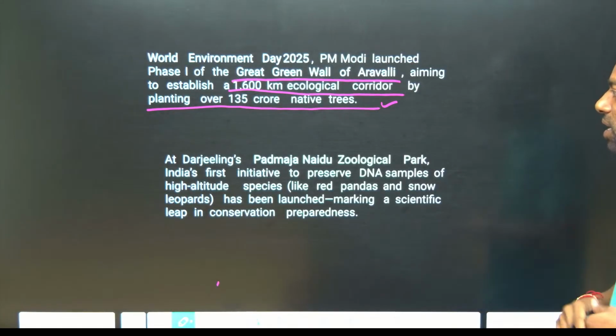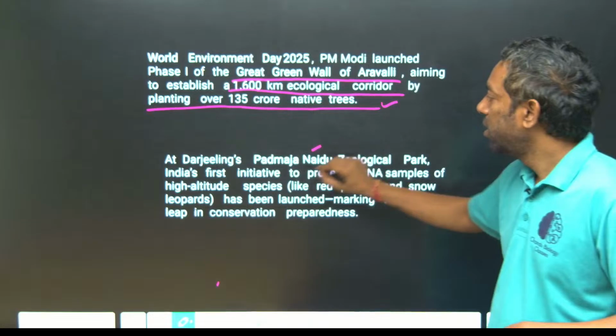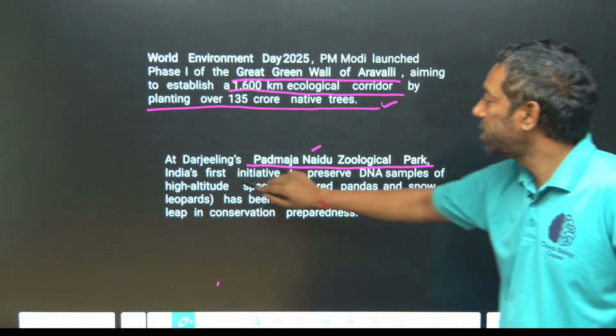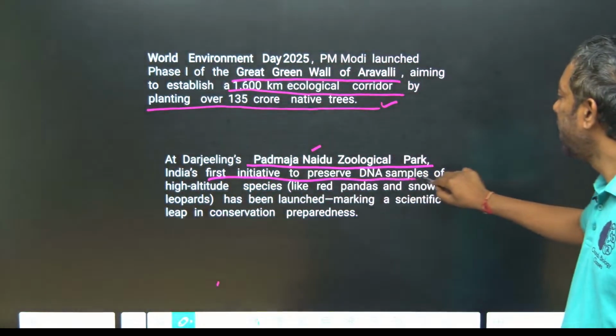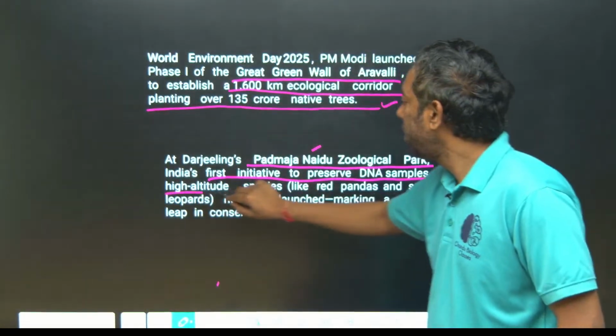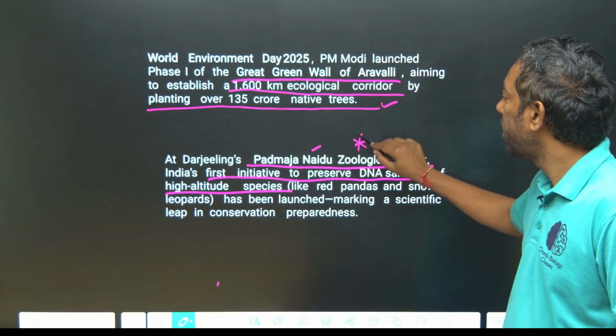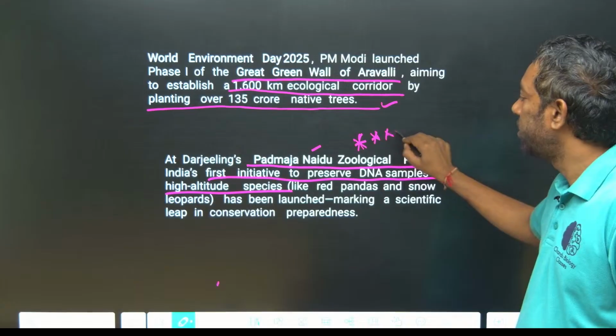Darjeeling Padmaja Naidu Zoological Park, India's first initiative to preserve DNA samples of high altitude species. This is the most important current affairs for the coming exam, guys.